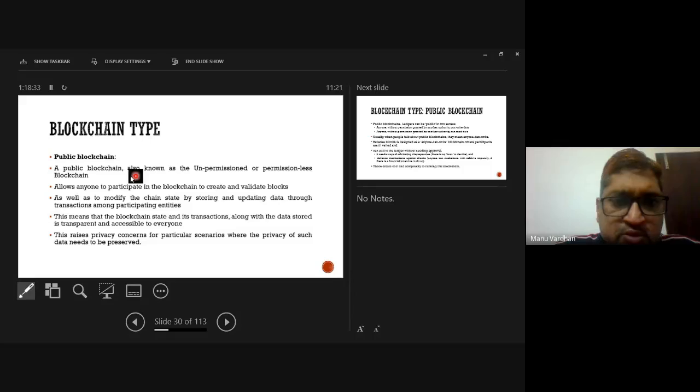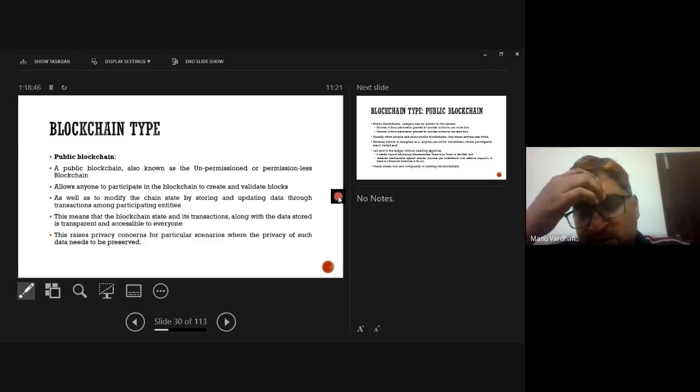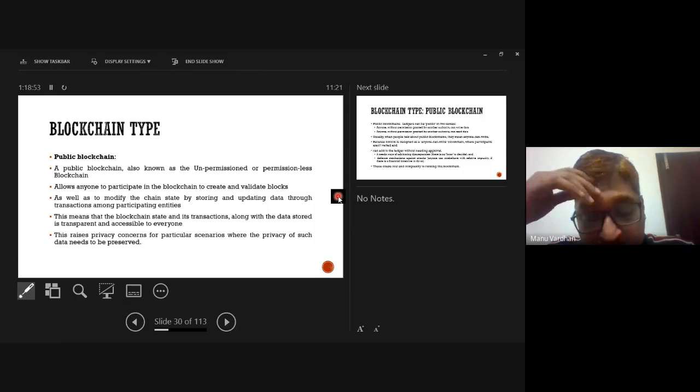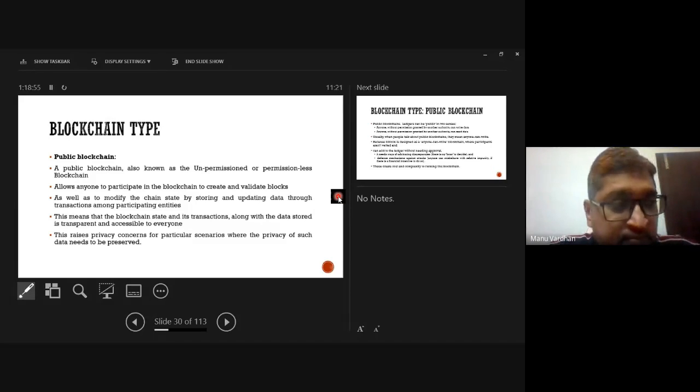So a public blockchain, also known as an unpermissioned or permissionless blockchain, allows anyone to participate in the blockchain to create and validate blocks. So people like you and me can also take part and start acting as miners, and start mining the blocks in a public blockchain. I'm not saying that in Bitcoin, because the consensus protocol used by Bitcoin requires huge resources,